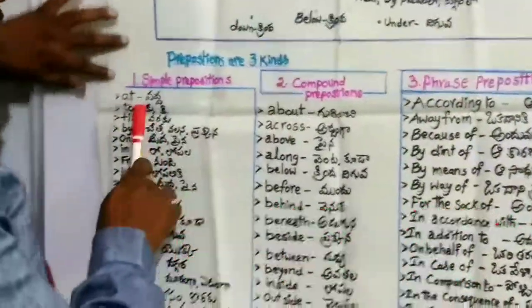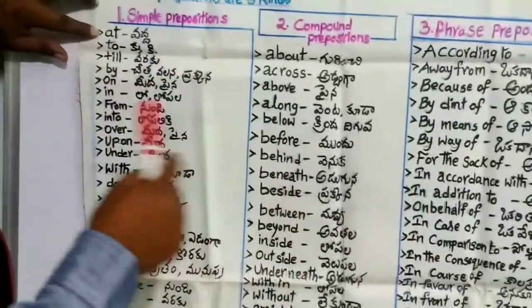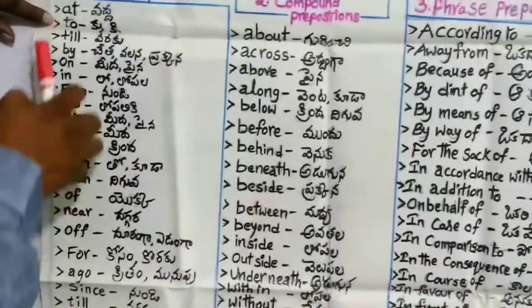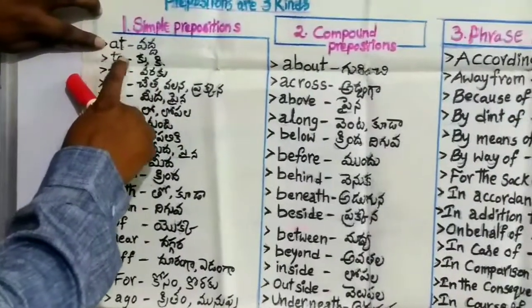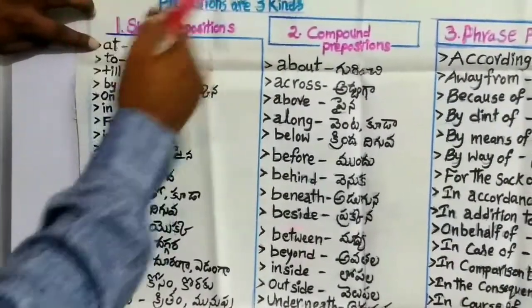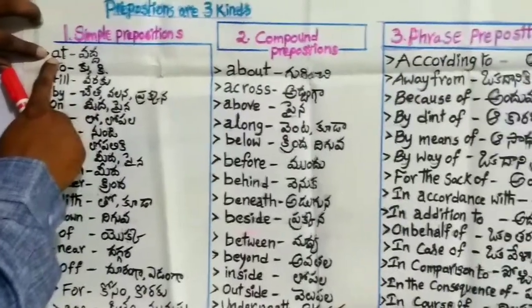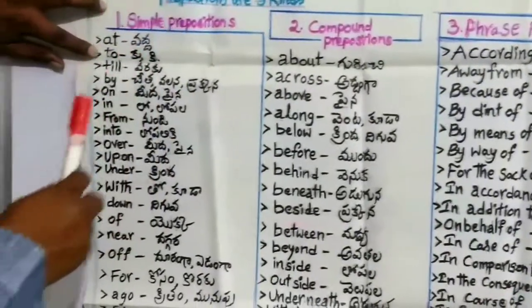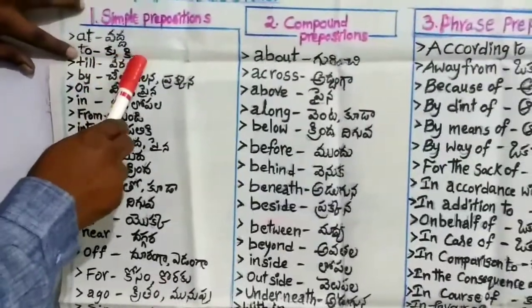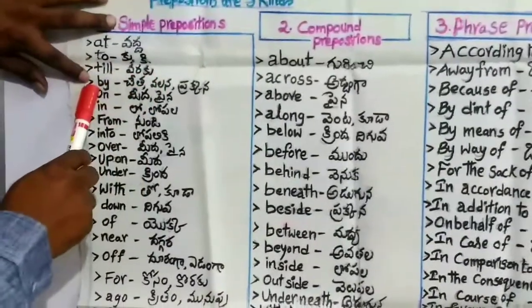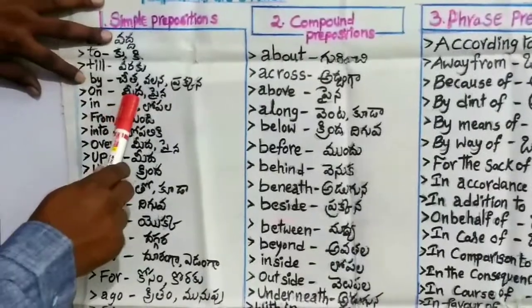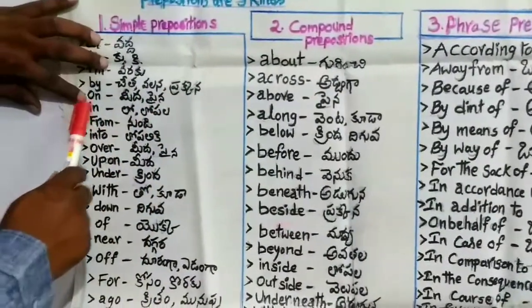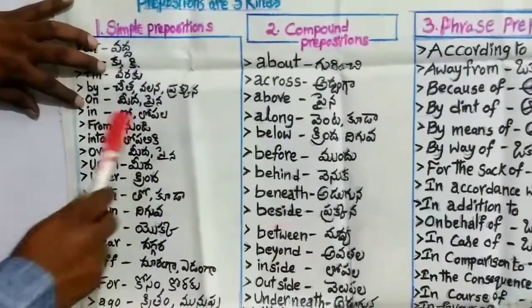Okay, simple prepositions. These are very simple, with 2 or 3 letters, and these are called simple. At, in our mother tongue, vadda, leda daggara, at. I'm at the house, I'm at the church, like that. I already told you. To, kiku, till, varaku, by, cheta, valana, leda prakkana, on, మీద పైన, in లోపల, from నుండి,